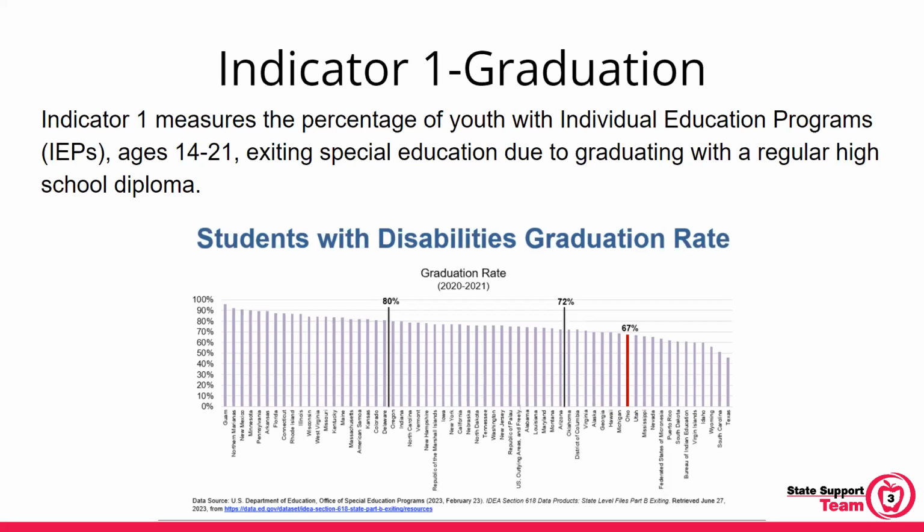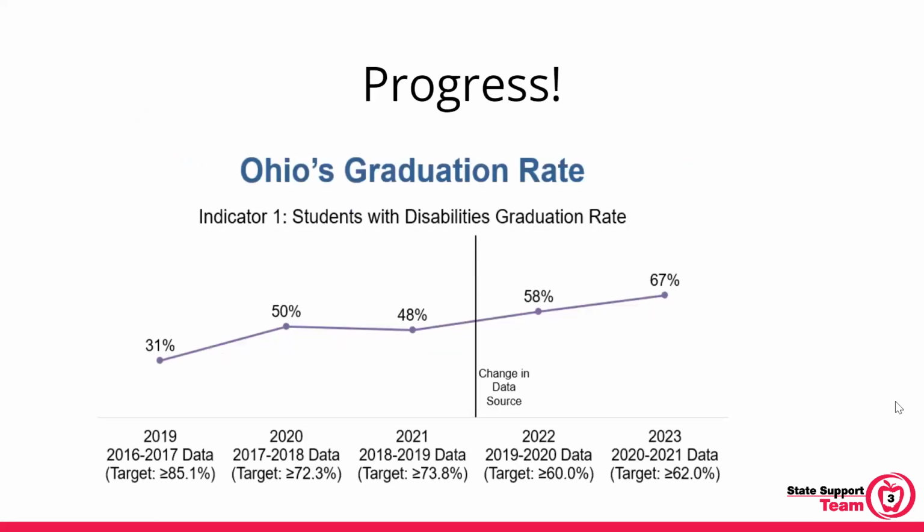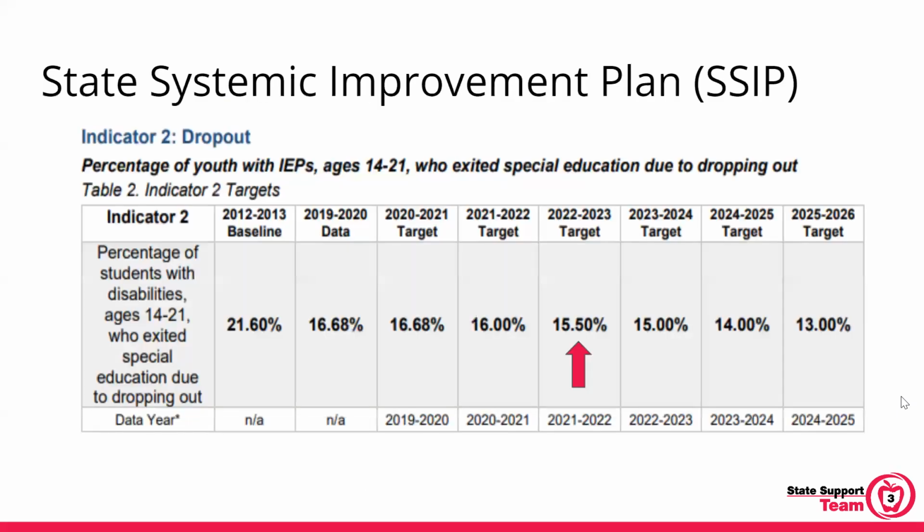And we'll take a look in a minute at how we compare to other states and territories for our dropout rate. But you can see that we have some work to do. So that's why this is a priority. We are getting better, okay? As you can see from this slide, we are trending in the right direction here with students with disabilities graduating by the standard requirements, receiving a regular high school diploma. So that's good news, but we still have work to do.